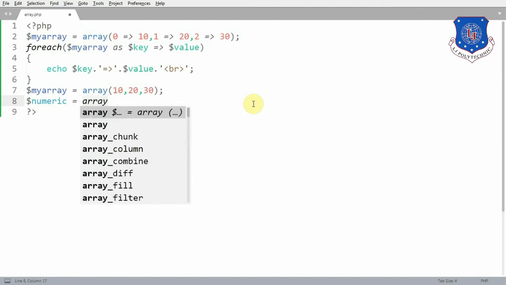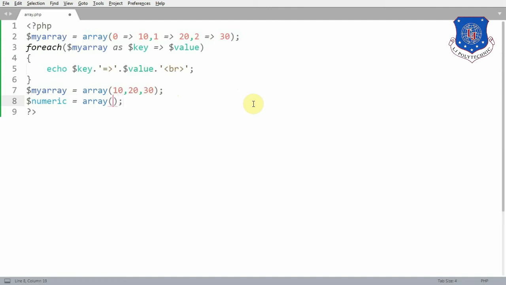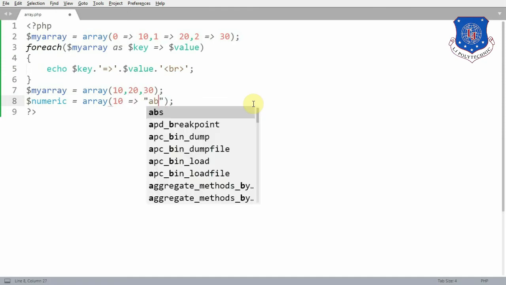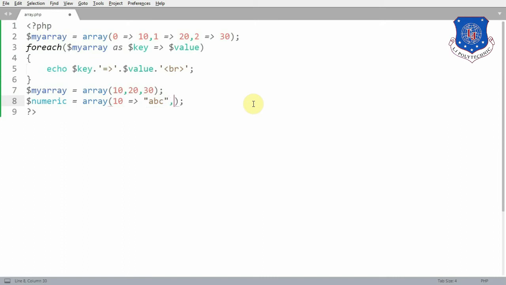It is not necessary that in a numeric array keys will come in sequence. Like I might have the starting element with key 10, not 0, then I might have an element with key 25, like this.